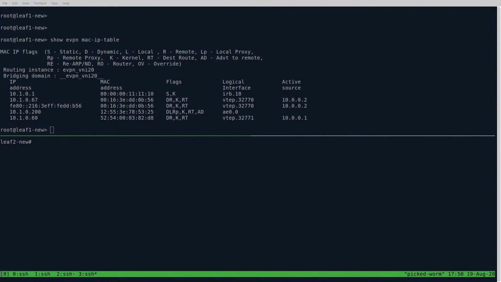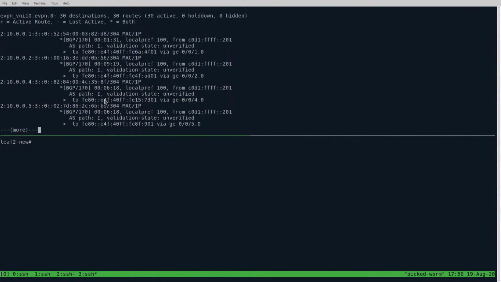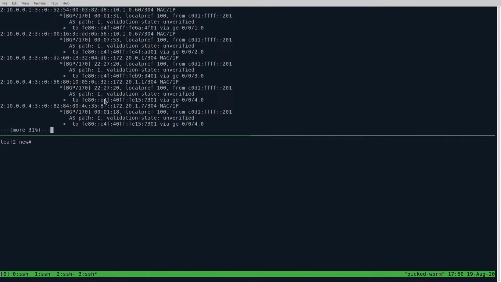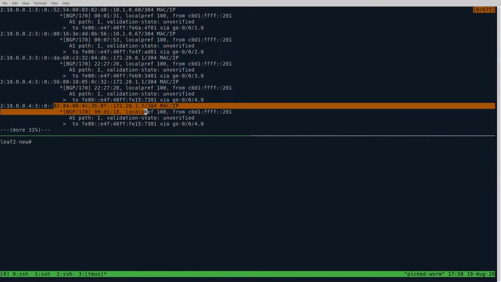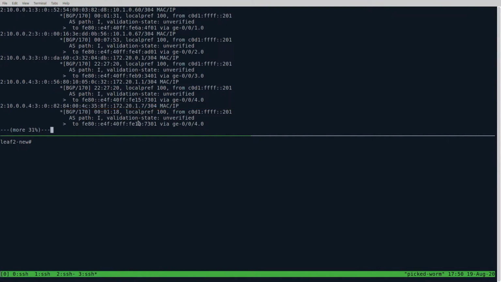If someone would be very curious and would like to see all of the information advertised by BGP with EVPN, we can actually show a table that lists all of this information. It might seem messy, however, you can actually see some mappings between the MAC addresses and IP addresses that are being advertised over here.